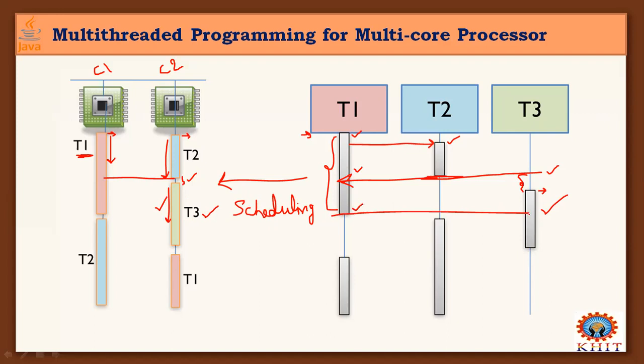Then at this timeline, T1 has completed its thread execution, and T2 has now started. T3 is under execution. So core 1 sits idle for some time and later T2 started. So T2 part is ready to execute, so the scheduler dispatches it to core 1. Why? Because during this time, core 2 is busy with executing T3 and core 1 is idle. So this part is switched to core 1 and it started execution.